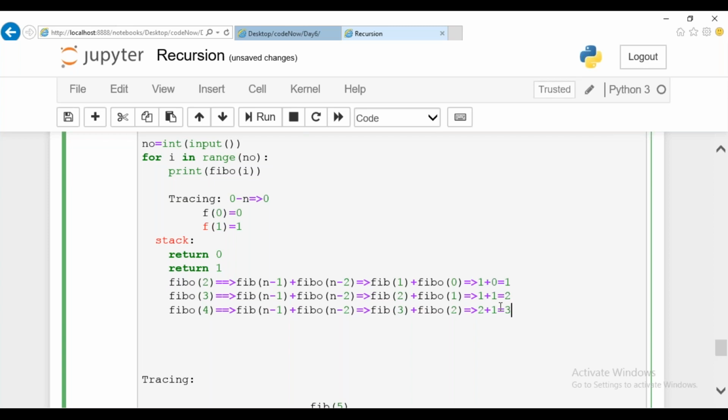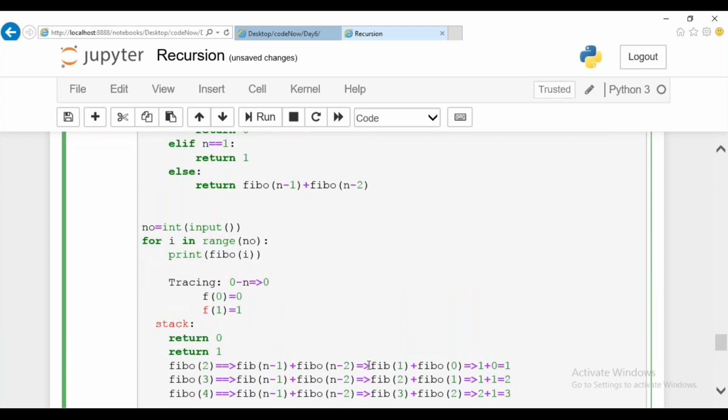Okay, good. Guys, it is very simple. Don't be afraid of recursion. The only thing is you should know how to trace it. If you are clear with tracing, it's a very simple concept.